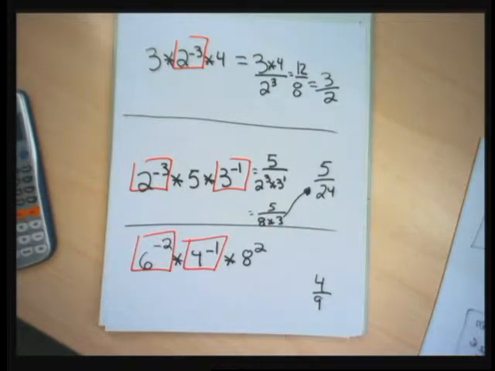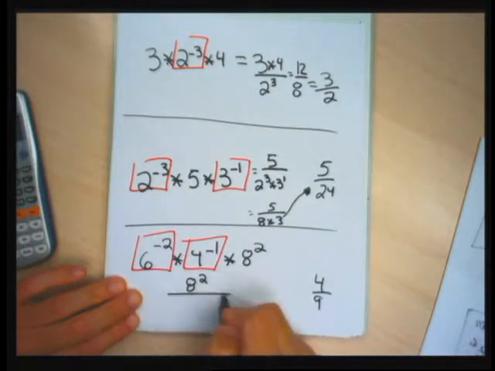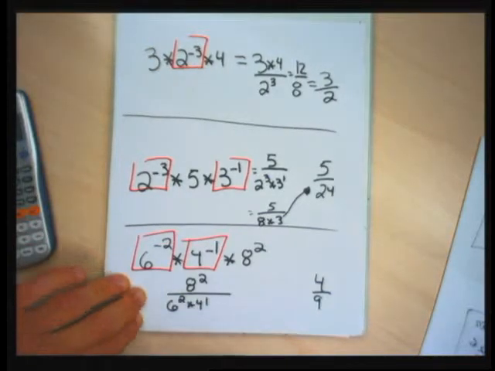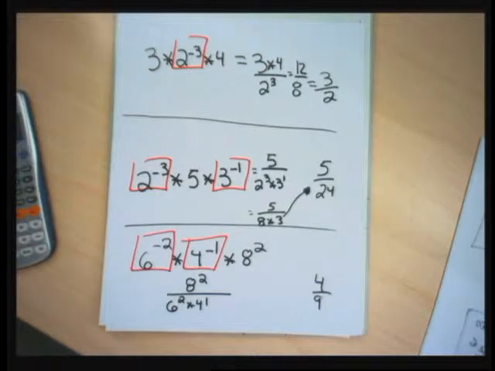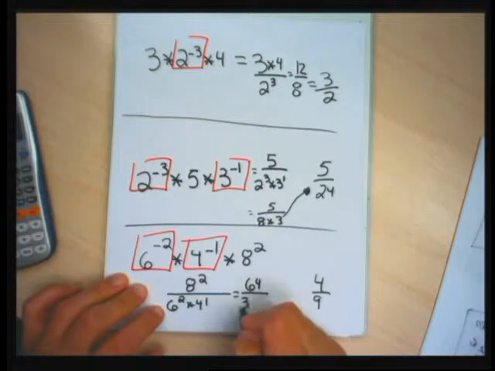Third one's the hardest to do in terms of the reducing part, but it's not that hard to get the negative exponents positive. If I wanted to rewrite the third problem, I'd rewrite this as 8 squared over 6 squared times 4 to the first power. I take the terms with the negative exponents, bring them down to the denominator of a fraction, and then if I wanted to go further, 8 squared is 64, because 8 times 8, 6 squared is 36, 4 to the first power is 4,